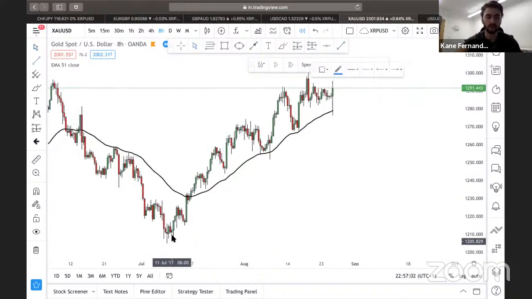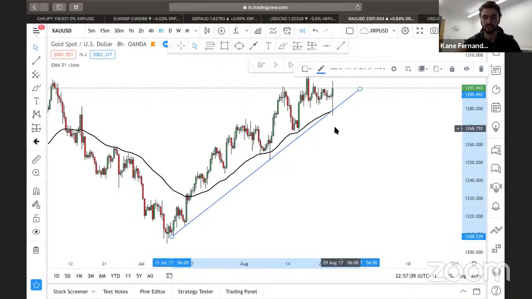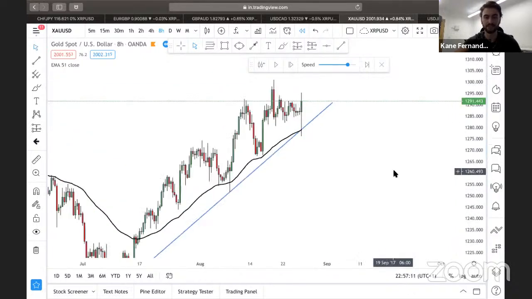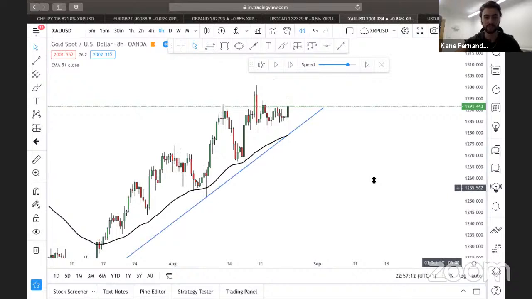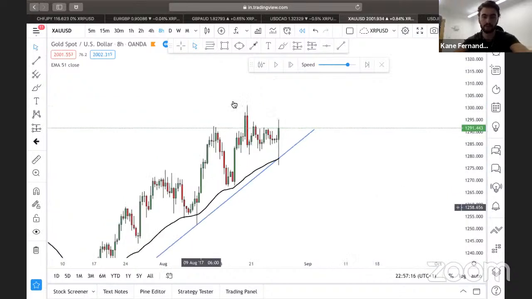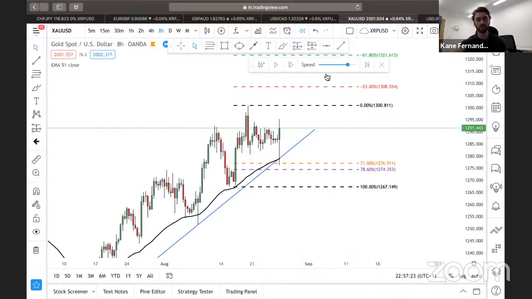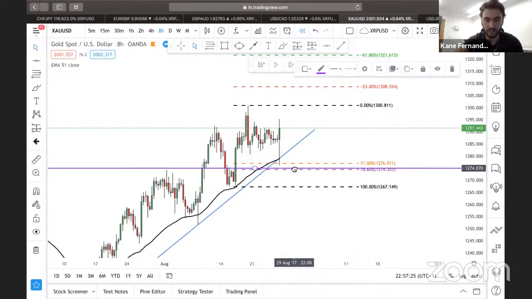Obviously, the trend line is a bit subjective, so you can see what best fits. One touch there, cluster, 2 touch. This is the 3rd touch. I kind of went a bit forward on this, but it's okay. So let's go onto the Fibonacci, last significant low to last significant high. Right, so it came into my golden zone. Obviously, here you've got this psych level 1275 just there. Okay, that's a psych level.